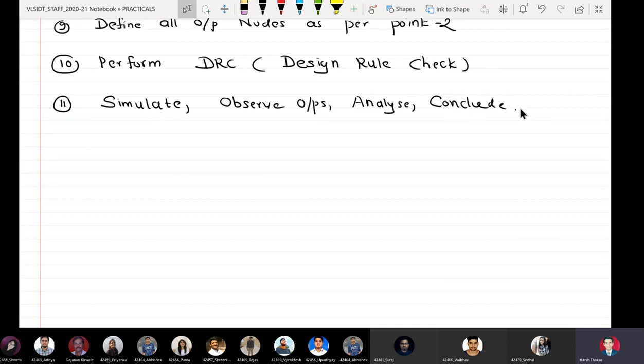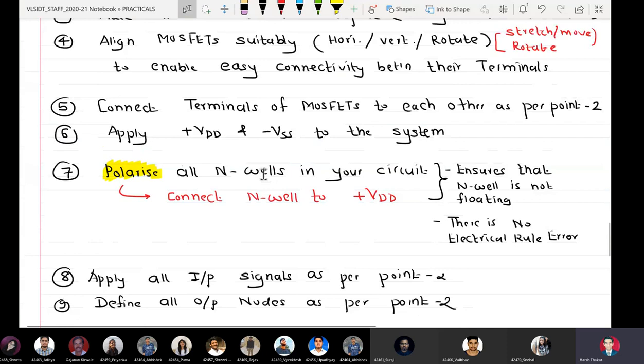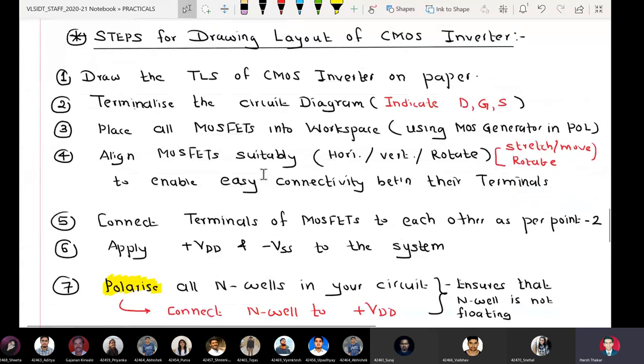Now we have enlisted 11 steps for making the layout of a CMOS inverter, and these are generic steps. You have to follow these 11 steps for CMOS, NAND, NOR, OR, half adder, multiplexer, transmission gate, as well as for a 1-bit SRAM cell. These are generic things, and once you learn this, it's very easy.